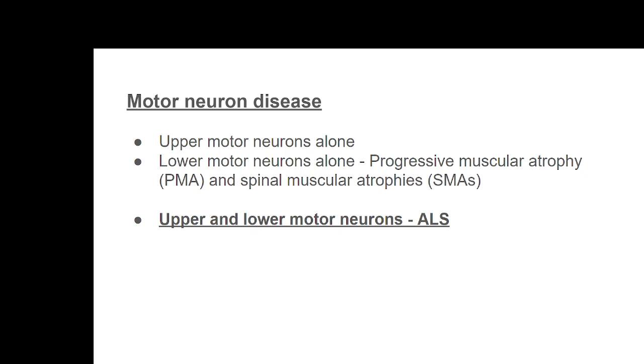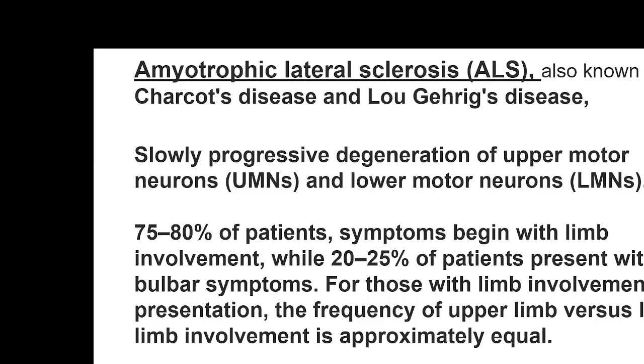As far as the clinical incidence is concerned, the upper and lower motor neuron disease, amyotrophic lateral sclerosis, is more common, and you will see a large number of patients of that sort, and hence we will go in that sequence of higher clinical incidence. Amyotrophic lateral sclerosis is also known as Charcot's disease and Lou Gehrig's disease. By definition, it's a slowly progressive degeneration of upper motor neurons as well as lower motor neurons, and 75